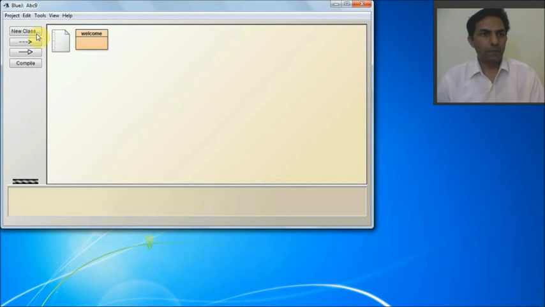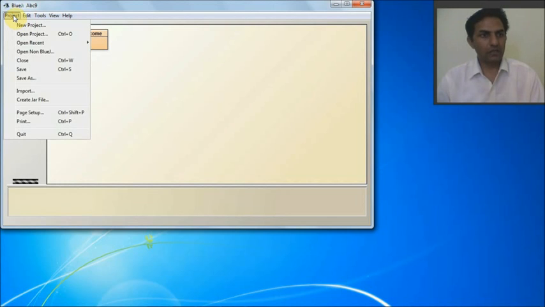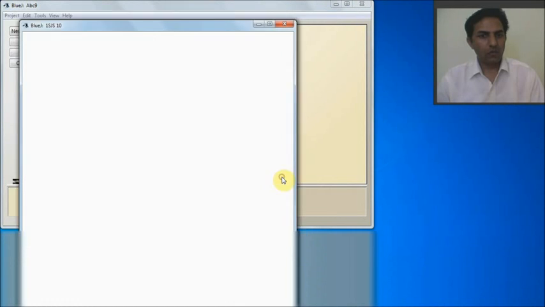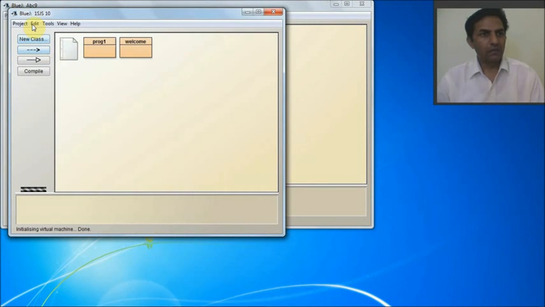Learn how to open a previous project or a project we have already created. Now I am going to open that. So you can click on open project. Now there you find I have created one more project, that is 1SJS10. So I am going to open this, click on that and click on open. Now the project which I have selected is open for me.